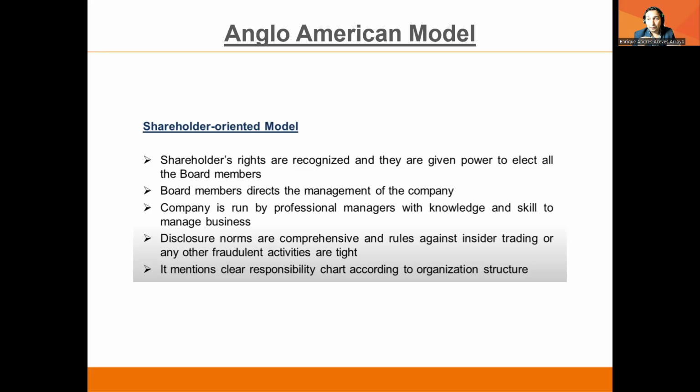which is the corporate governance that I want to teach you in the next class, which is the internal controls that we will mention further. So it mentions a clear responsibility chart according to the organization structure. So